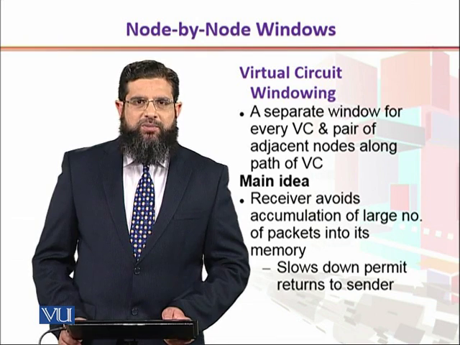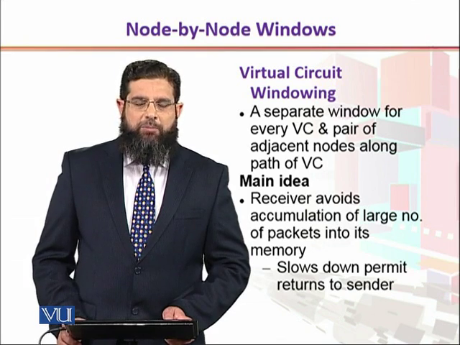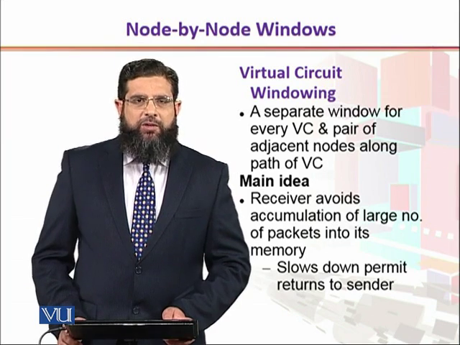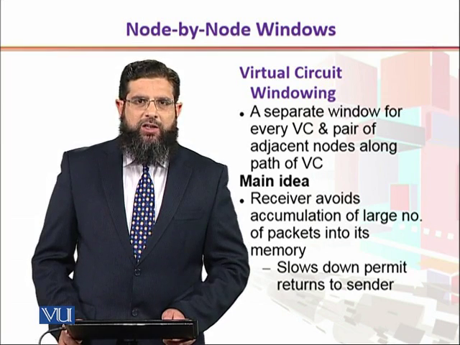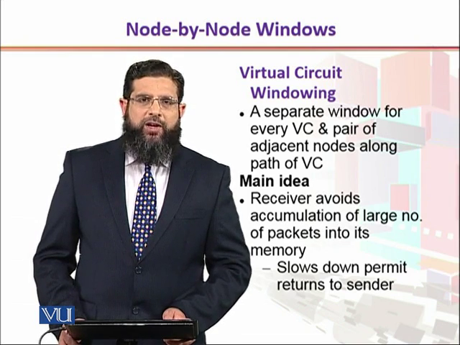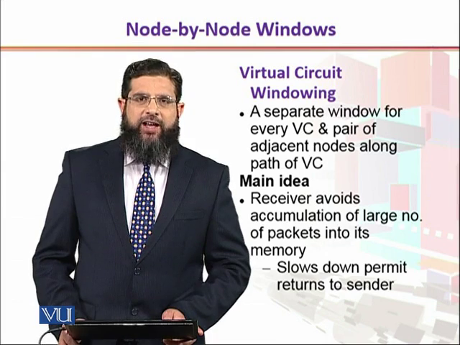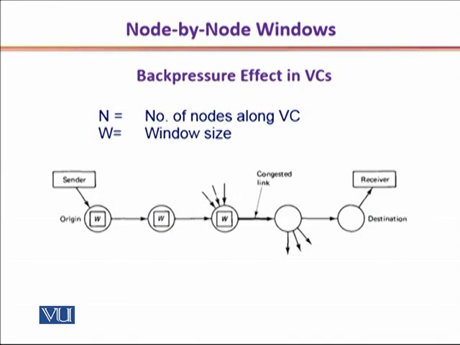So what it does is it generates acknowledgements, also called permits, at a controlled rate. Since the receiver sends back the acknowledgement or permit to the penultimate hop, or in other words, the intermediate device before it, it will affect it in a direct way, and it will affect the node behind the penultimate node in an indirect way, and so forth. This is termed the back pressure effect.